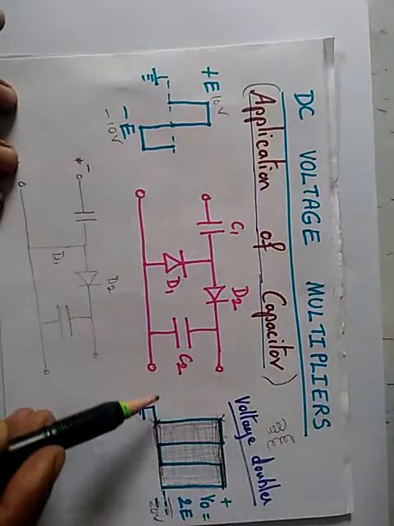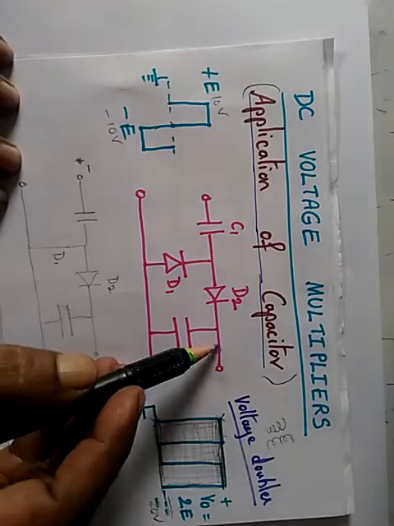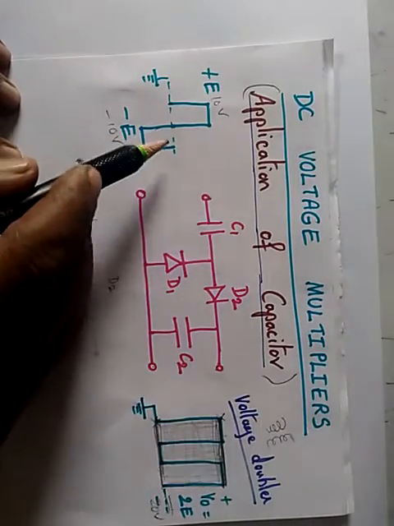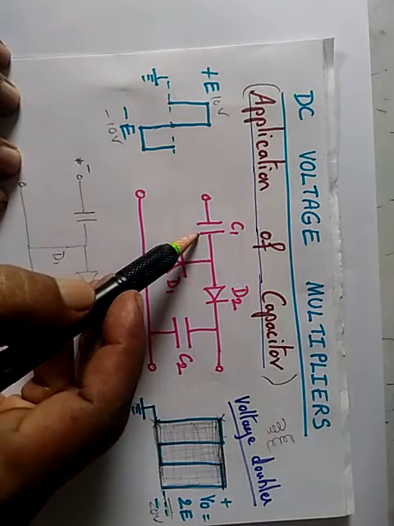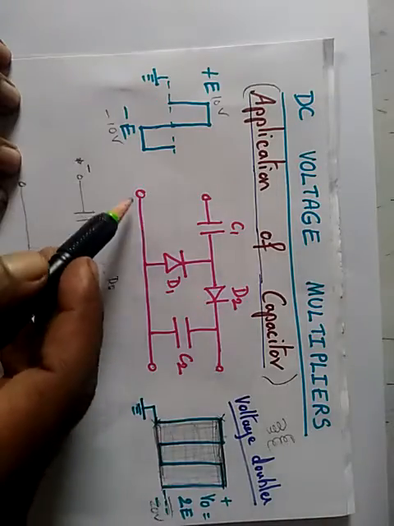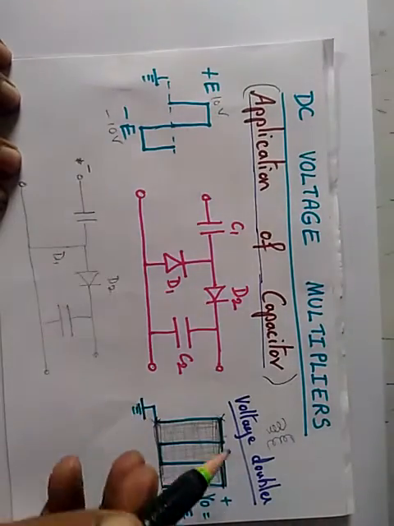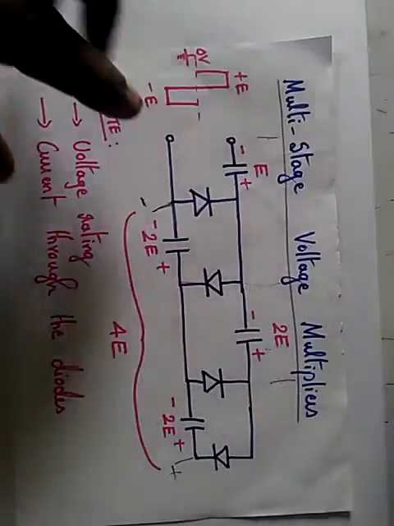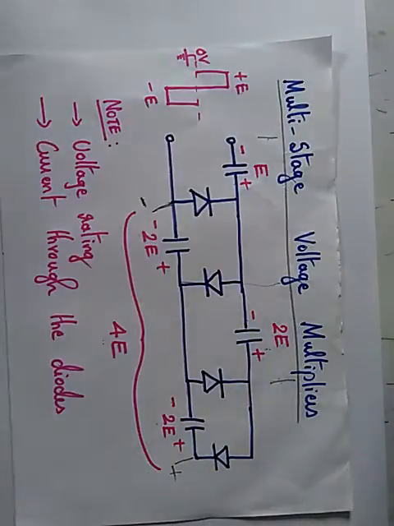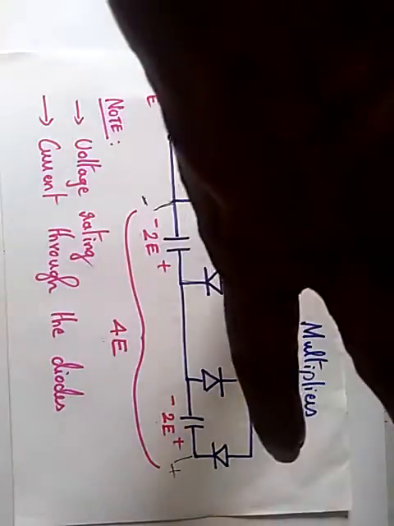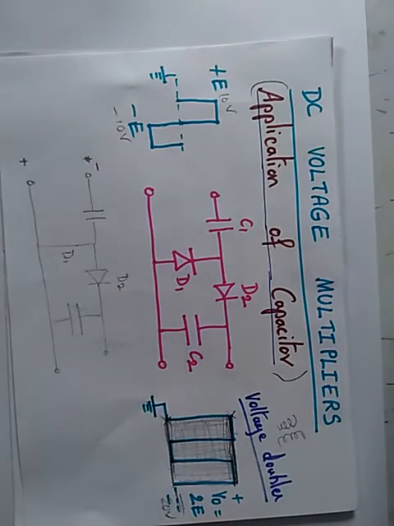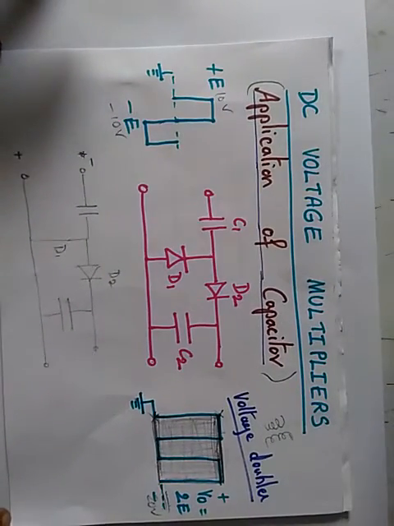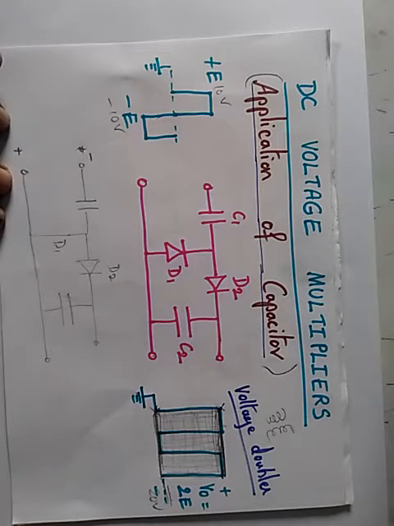The explanation I have given is for engineering students. As far as plus 2 students are concerned, if you watch carefully, the capacitor is the main device which stores the energy, and later on it gets added up and we can see a voltage doubler, voltage tripler, or a voltage quadrupler. So the input voltage is magnified 4 times, 3 times, or 2 times. That is a great example of one of the applications of using a capacitor in the circuits of voltage multipliers.